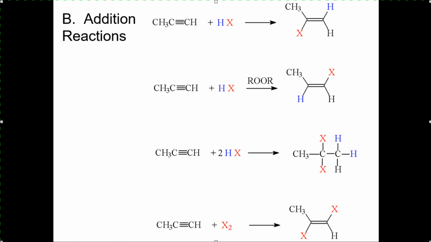Okay, in this lecture video, we're going to finish up the reactions of alkynes and talk about addition reactions to the alkynes. Now, remember from the last lecture video, we talked about a carbon-carbon triple bond having basically one sigma bond and two pi bonds. So, in this case, that means that for the most part, the reactions that a triple bond undergoes are the same as what a double bond did, except that we have two pi bonds, and so this can actually act